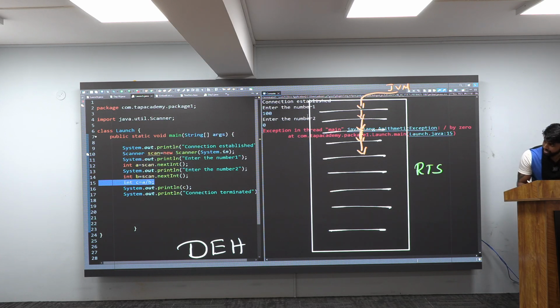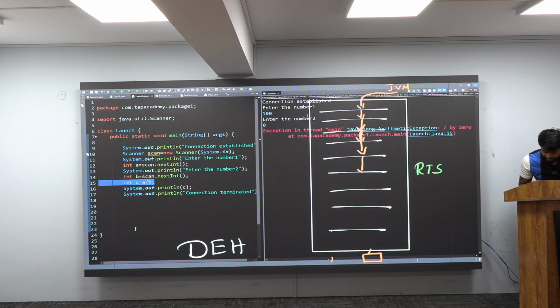If I have to show this here, in the line number 15, there is an exception happening. This is the exception. When this exception happens, immediately this exception will come out. And where will it go, sir? It will go to the runtime system. And this object will again come back to my program to check for try and catch. Do you have any try and catch here? No. Means again it will take this object back, and give it to one person here. Who is he, sir?